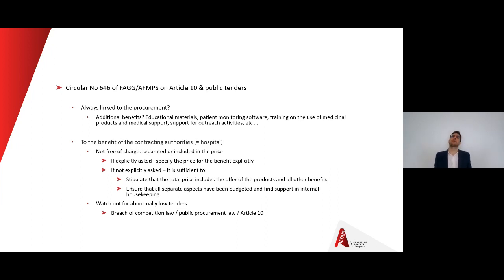it's sufficient to stipulate that the total price that you ask for all these products, together with the benefits that you grant in respect of them, includes the offer of the products and all these benefits. It's important to stipulate that because that's actually what's referred to in the federal agency's circular letter. Of course, that doesn't mean that this sentence can be just fictional. If you're saying it's all included in this price, but then you're asking a price which is entirely, 100%, related to the offer of the products,